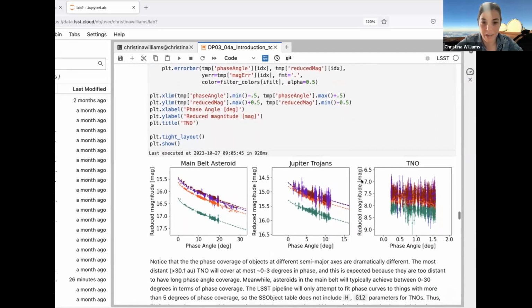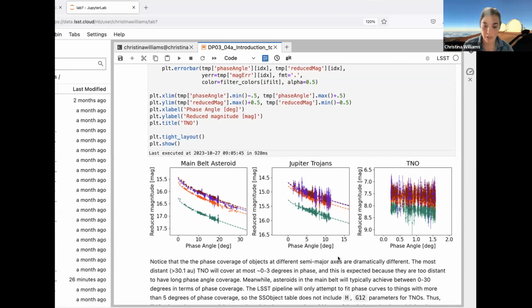And here are the three plots that show the phase curves for three example solar system bodies. There's the main belt asteroid from the first plot. Next to it in the middle, we're showing the Jupiter Trojans, which are at an intermediate distance from the sun. You can see that their phase curves become more uncertain. The objects are fainter, their orbits are longer, and so you probe a narrower range of phase angles for any given observation.